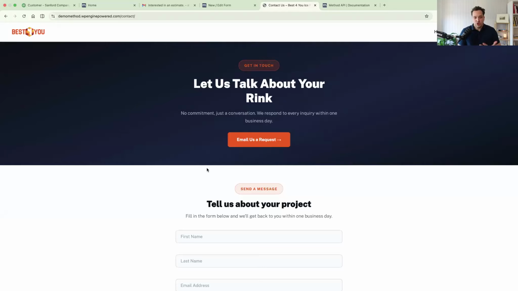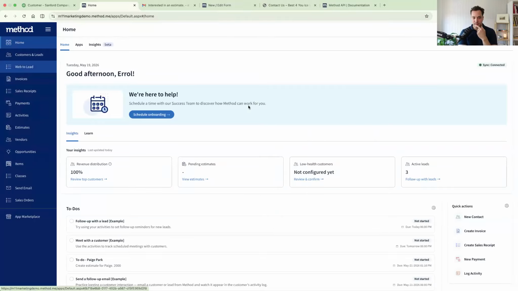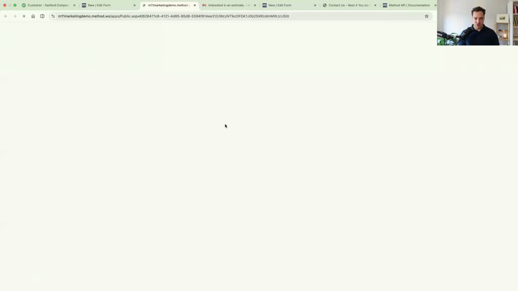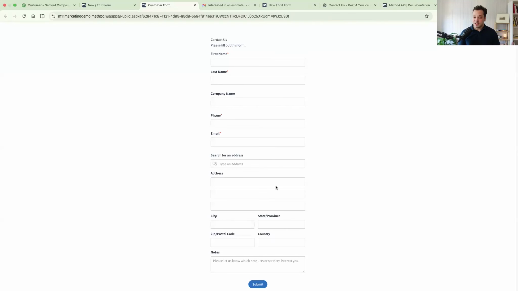The other way that you could do it is you could just take a form that already exists in Method, it's an iframe, and just embed it on the website. So Errol, if you pull up that web-to-lead form again, we have a form here, and you could take this form and just embed it to your website. But maybe there's a reason why you want a specific form on your website that is not this exact form, or maybe it's not even your website. Maybe you have an app partner or somebody who is sending you leads, and you just want to give them a way to connect to you so they can just send you leads directly. So you could do that through the API. I hope that helps explain the scenario.